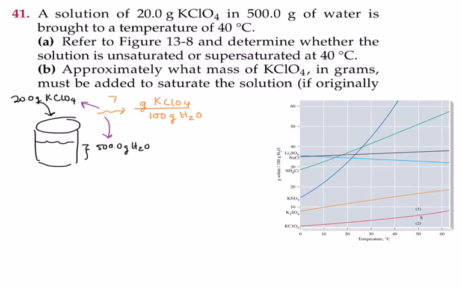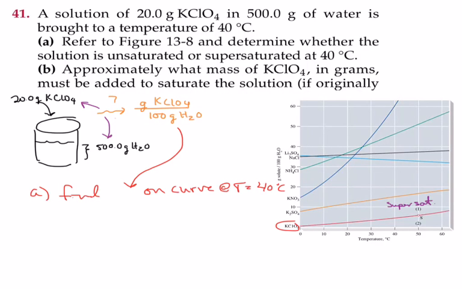All right. So to me, and I read through A and B, one of the first things I would do is take that ratio of solute to solvent and figure out what it really is in grams of KClO4 to 100 grams of H2O. That's what I would do. And then A says, just consider the temperature of 40 degrees. Consider this temperature right here. If you have what you came up with in orange here, that concentration of KClO4 to water,